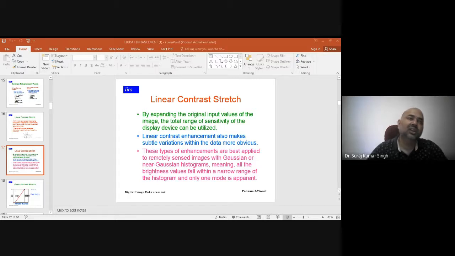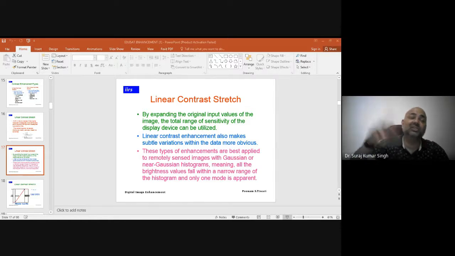Because you are changing the values, from 84 to 0 and from 153 to 255, obviously there will be variations in the numbers and in the appearance. This type of enhancement is best applied to remote sensing data with a Gaussian or near Gaussian histogram, meaning all the brightness values fall within a narrow range of the histogram and only one mode is apparent, not two or three modes.